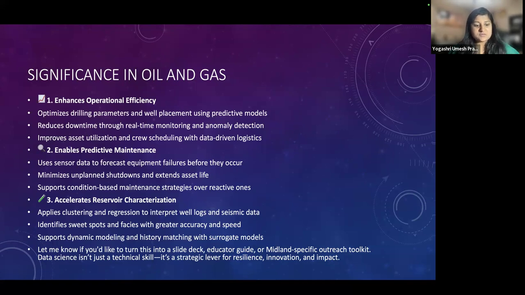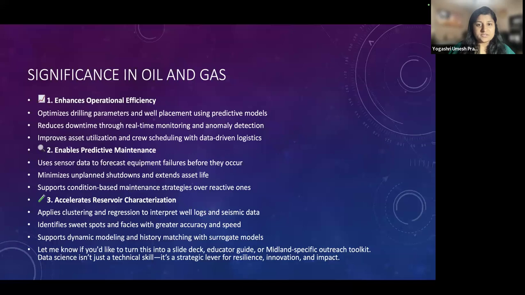It enables predictive maintenance: it uses sensor data to forecast equipment failures before they occur, minimizes unplanned shutdowns, and extends asset life. And for accelerating reservoir characterization: clustering and regression, sweet spots and bases, and dynamic modeling with surrogate models.